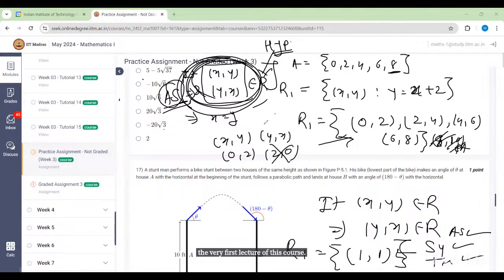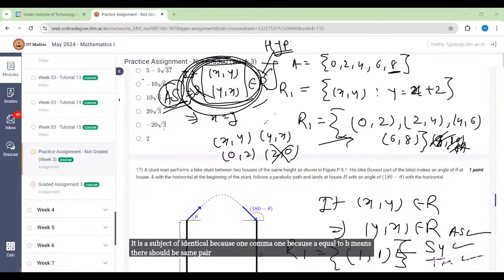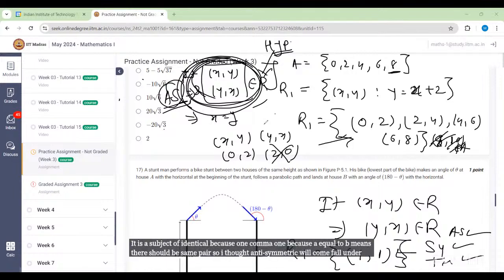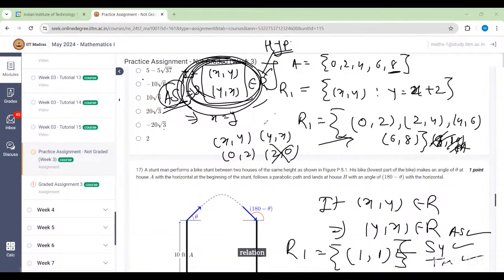But the thing is, as I understand, the antisymmetric relation is a subset of the identity relation, because (1, 1), because a equal to b means there should be the same pair. So I thought antisymmetric will fall under this identity relation. No, but whereas here, actually,